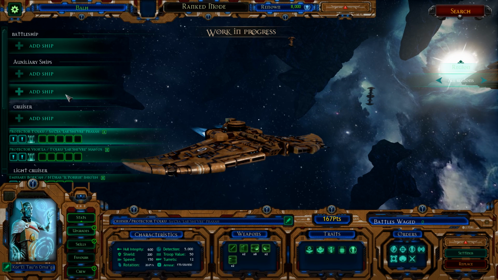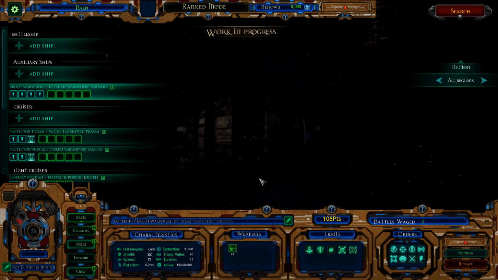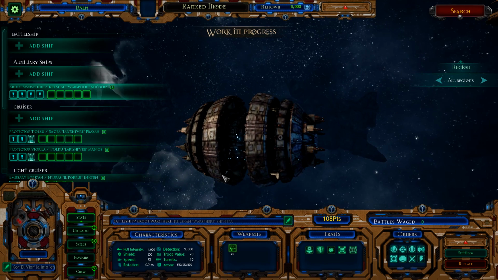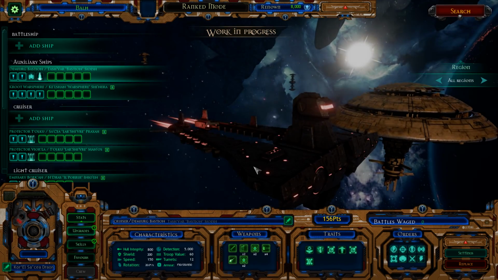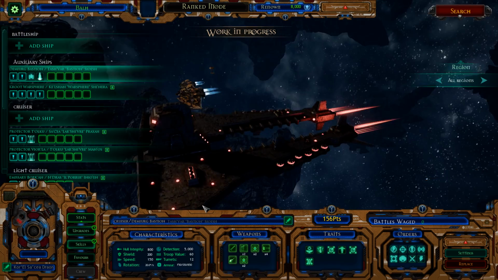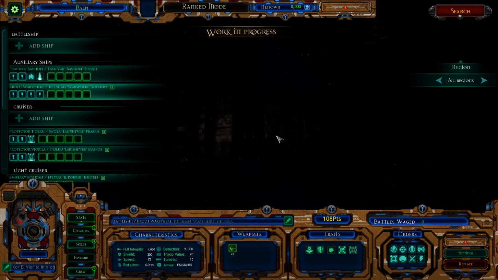Instead of getting battle cruisers, they have auxiliary ships. So let's take a look at this. Oh wow, this is pretty cool. That is pretty nice. I'm actually going to have to change some of these here. So, yeah, this is what is stated in the lore, the fact that the Tau have some civilian ships or so,